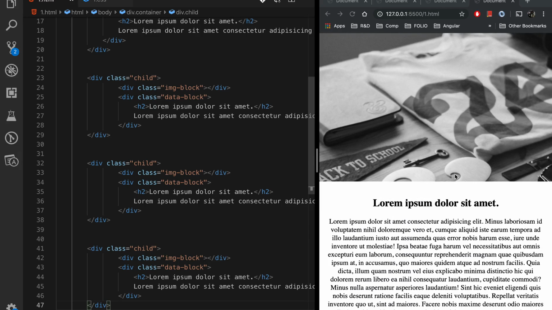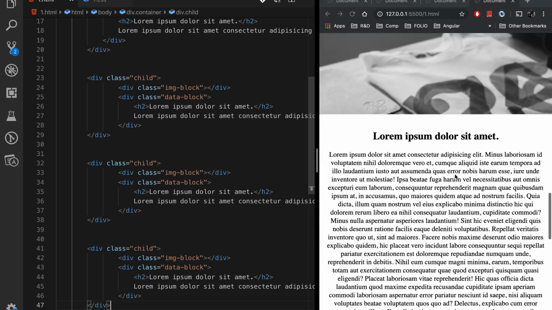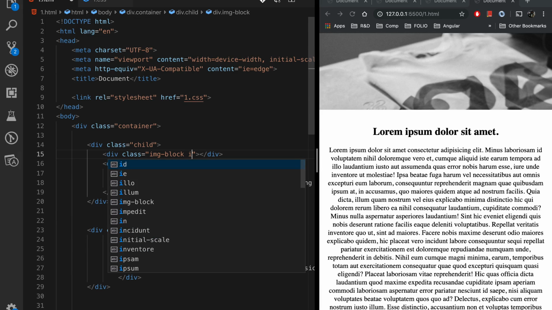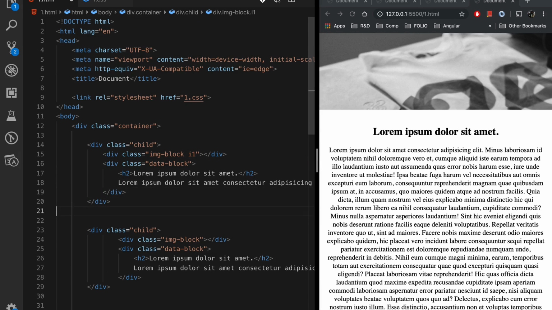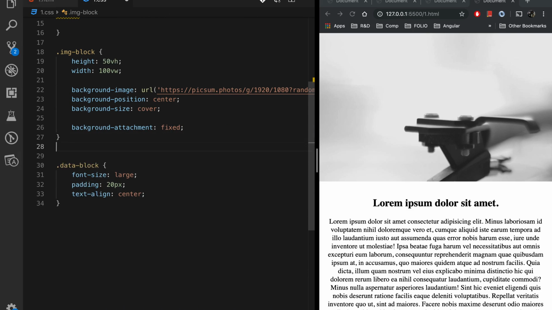Yeah, there is a small problem in this. All the image sections contain the same image. Okay, we can change this. So let's suppose we are creating classes image1 and image2. Again, image1. Let's repeat this. Image2. So what we can do here is create one class image1,